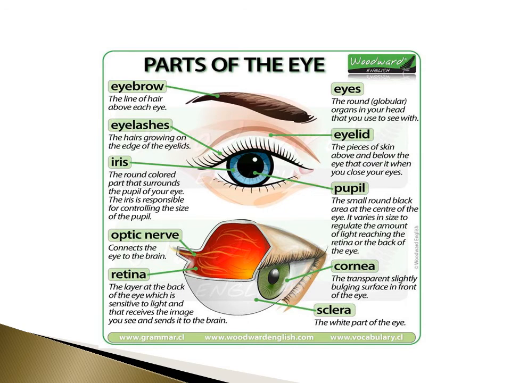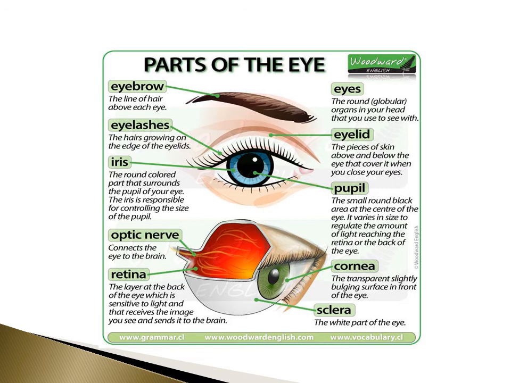These are the parts of the eye that are commonly explained, specifically in this subject, the introduction to psychology. So of course we have the eyebrow in here, the line of hair above each eye. Other girls tend to remove it or tattoo it or draw something on it just to make it beautiful.